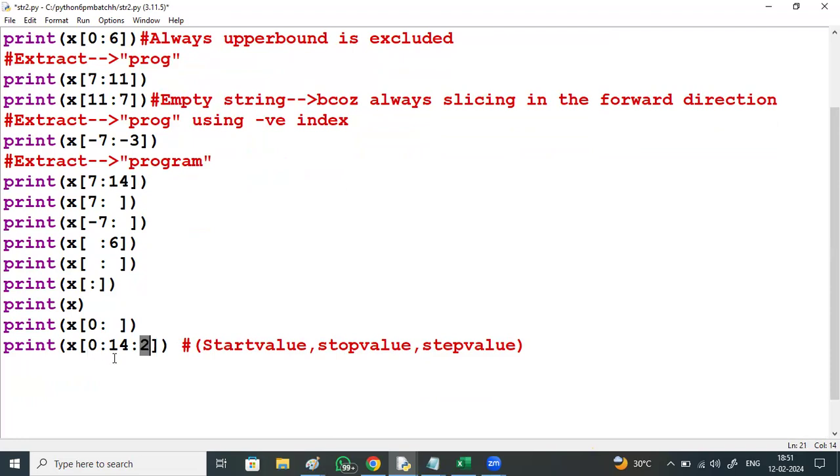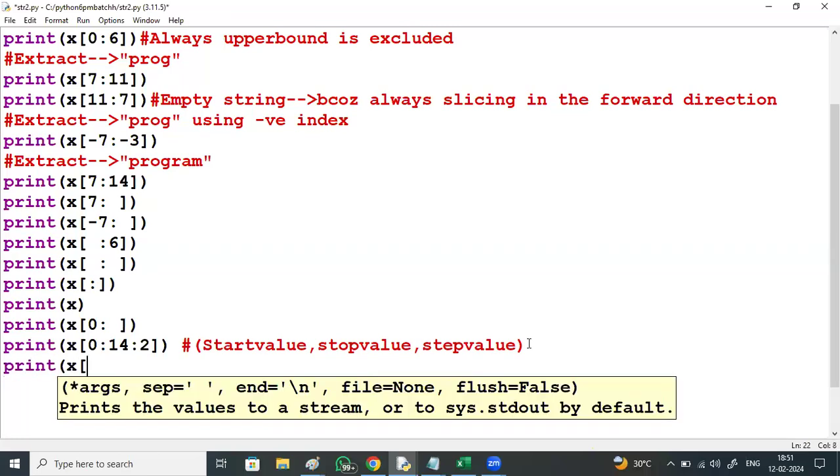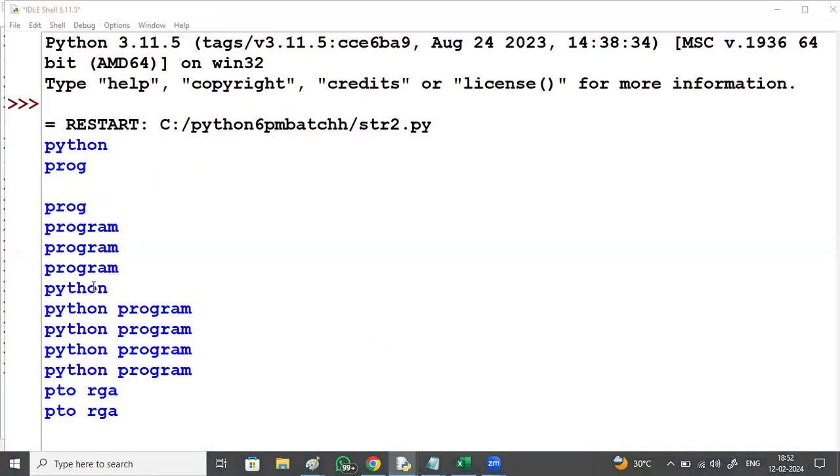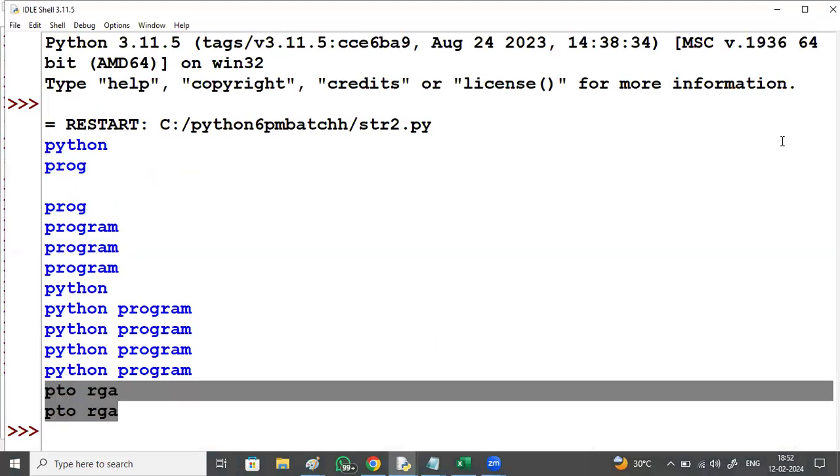So it reads index 0, then index 2, next 4, 6, 8, 10, 12. So only the even indexed ones. Similar to this one, also the same, right? Both are the same. 0 to 14 means from the first index to the last index, or this one is the same with an increment of 2. Both result in the same output. Yes, run module. Check this output. Yes, both are resulting in the same output, right? Next,